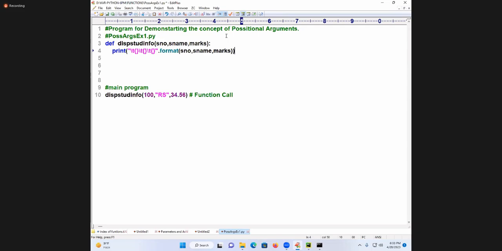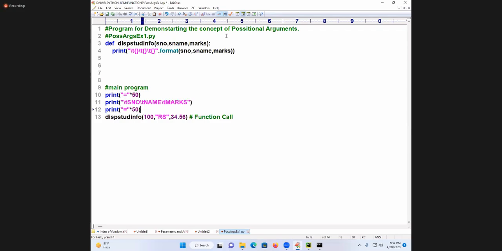I am writing just some meaningful output: backslash t, SNO, next backslash t, name, backslash t, marks at the end. I just want to see number, name and marks, and I will print the data.